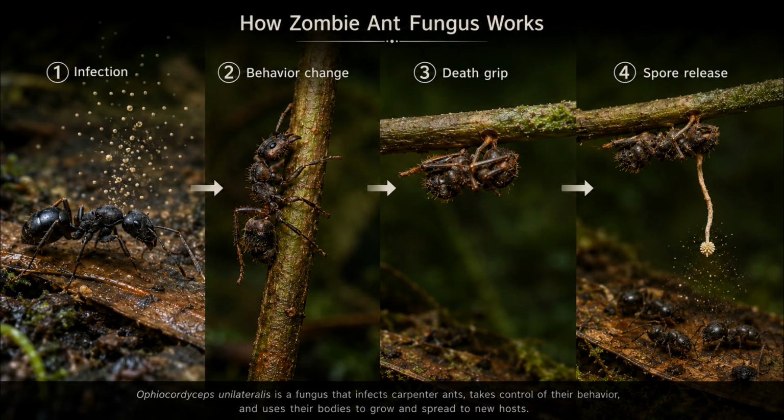So how exactly does an ant go from a perfectly healthy forager to, well, that? It's a pretty terrifying timeline. It starts simply enough when a healthy ant encounters fungal spores outside the nest. Fast forward 1 to 2 weeks, and the ant's behavior radically changes. It gets hyperactive, it starts shaking, then it begins summiting, climbing up vegetation to a specific height where the temperature and humidity are just absolutely perfect for the fungus. Then comes the final step, the death grip, where the ant bites down permanently. And only after the ant is safely anchored and dead does the fungus sprout its fruiting body.